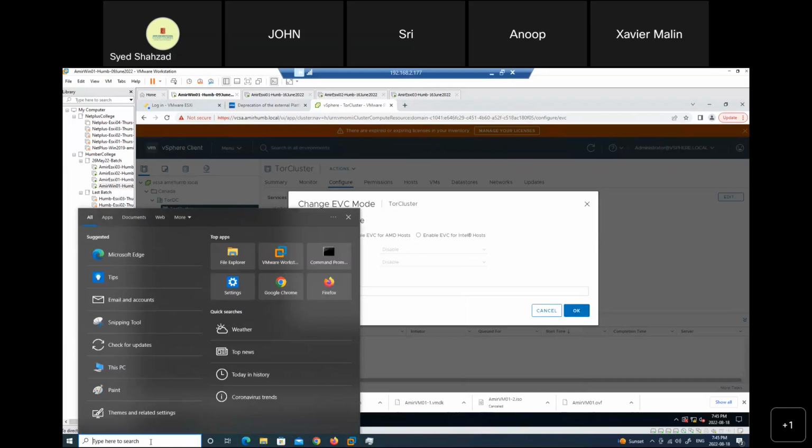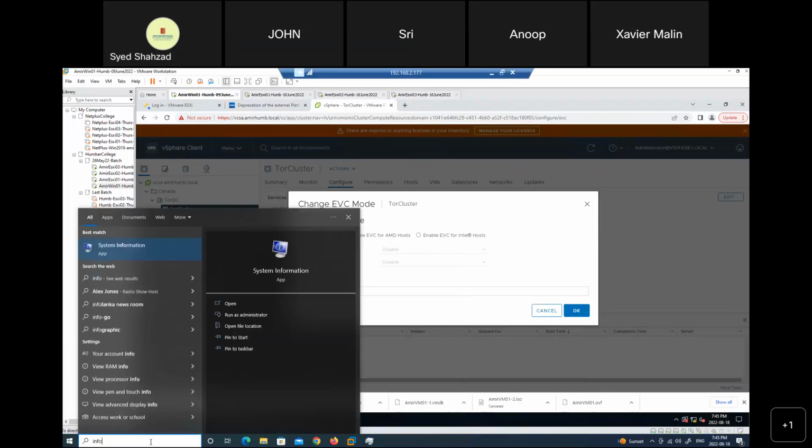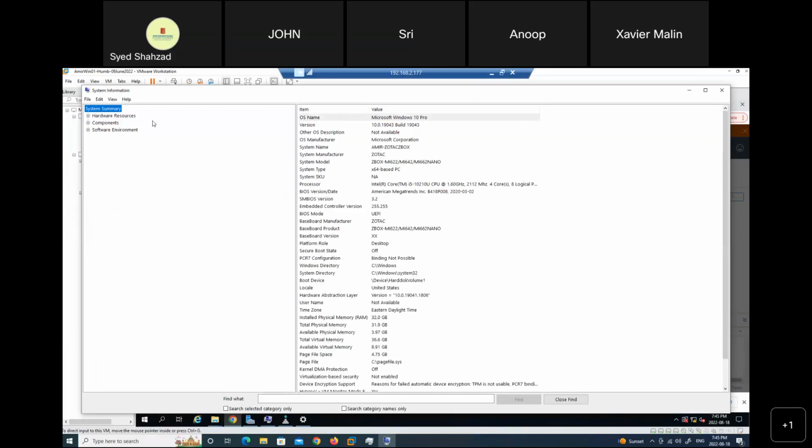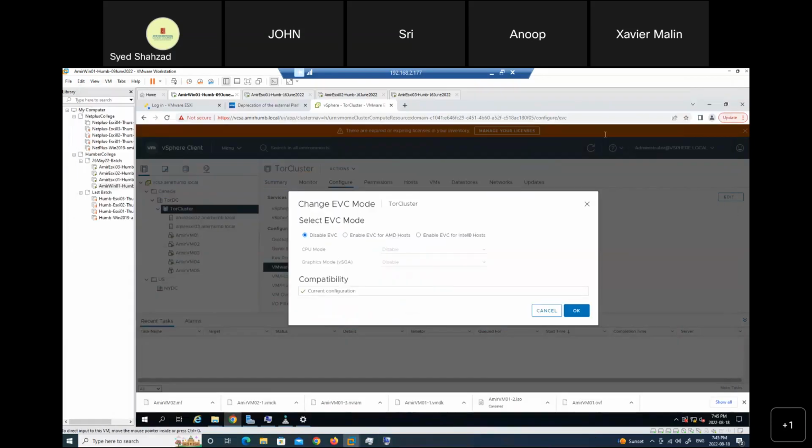this information, right? So info, system information. In the search in your Windows, you can go to system information, and then it just tells you that it is Intel in the processor. So system summary, processor, is it Intel or AMD? First of all, you need to know that, right? So I have Intel i5, and now I'm going to go to the Intel side here and